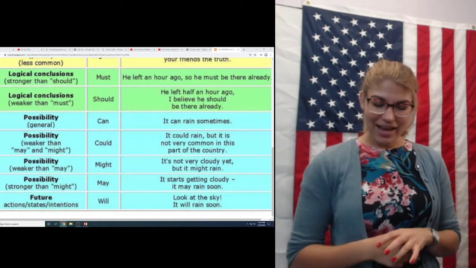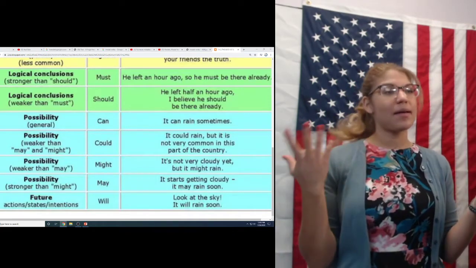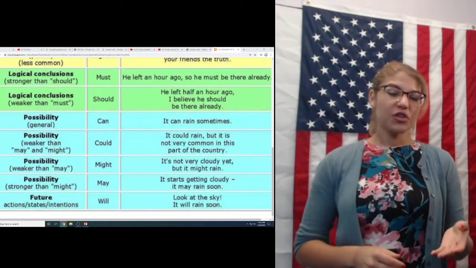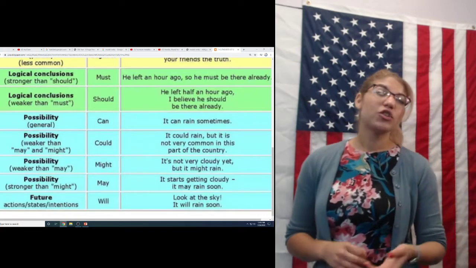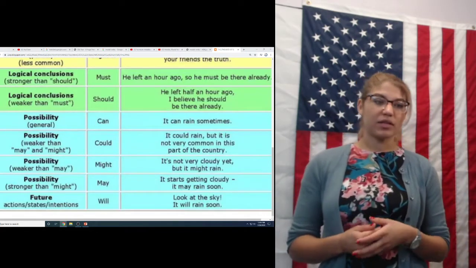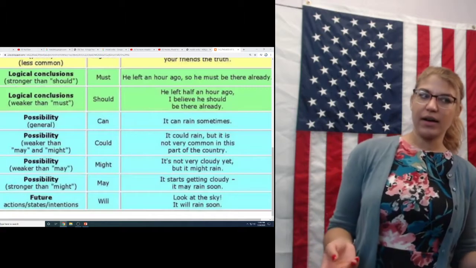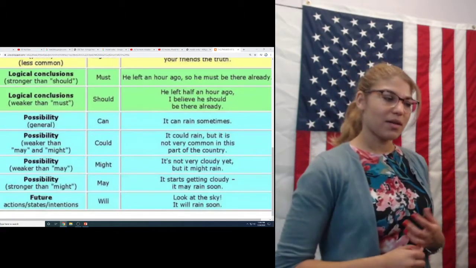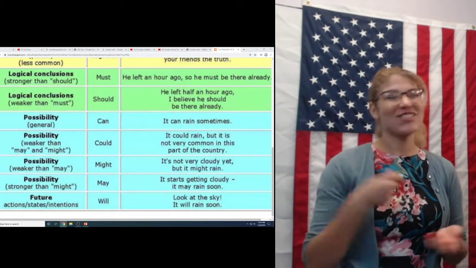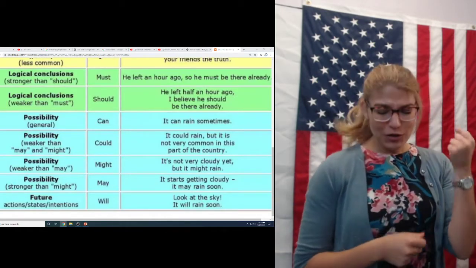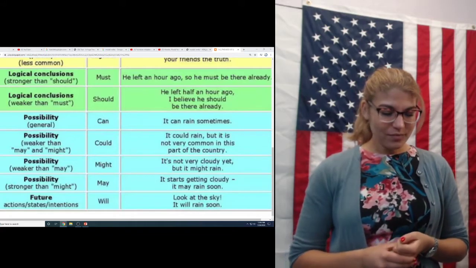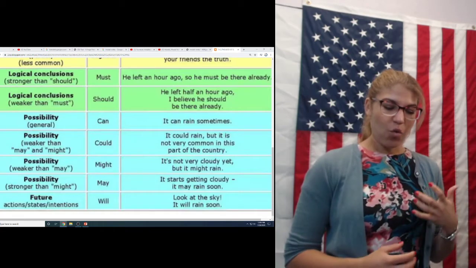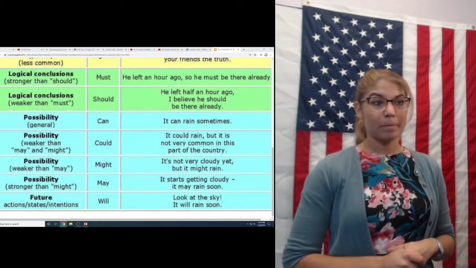Yes, ma'am, Miss Carlita, it is. Miss Carlita is asking if the word should and debería are equal, and that is correct. Should is como debería. Should is talking about a responsibility or a good consejo, a good advice. When you have good advice about something, or even bad advice, you still say you should. You should practice more.